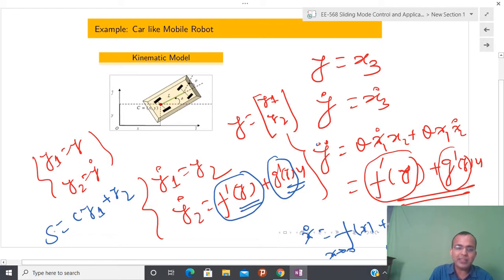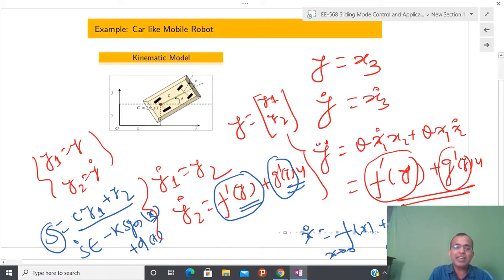Again, in terms of s, this problem is converted into this kind of problem. This symbol means something is not well defined, that this is an inclusion. Inclusion basically means if something is uncertain, then this kind of thing comes into the picture. And here, you can define a stable sliding surface s by choosing c greater than 0, and then convert the whole problem to s dot, a subset of k signum s. By seeing the upper bound of these two uncertainties you can design k.